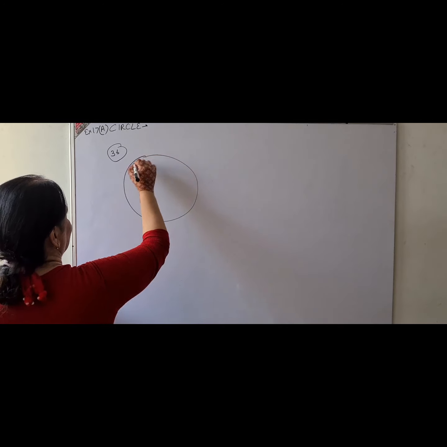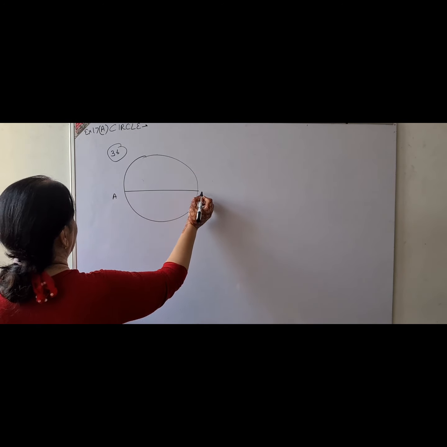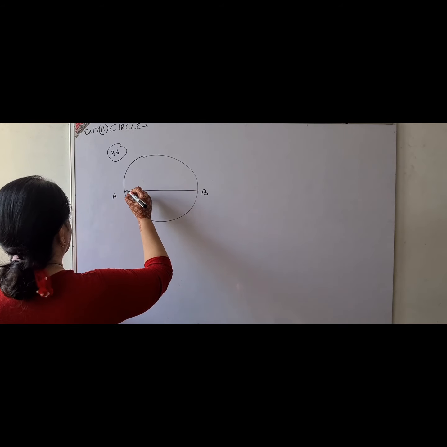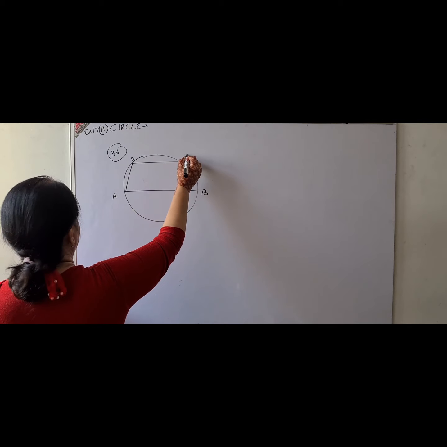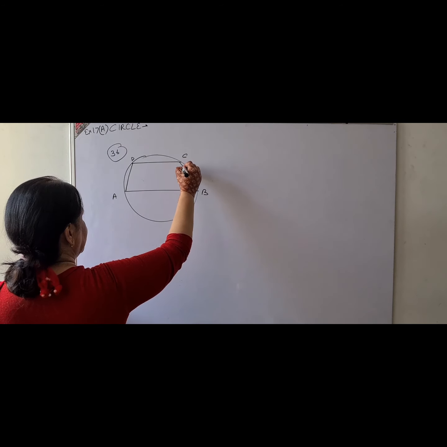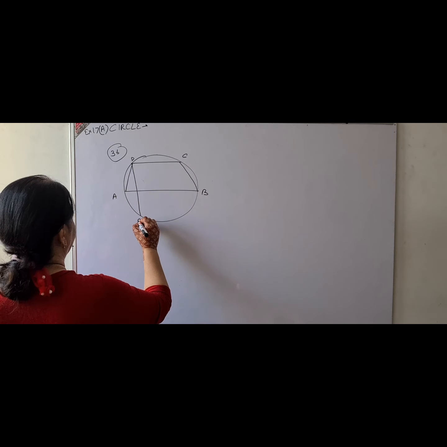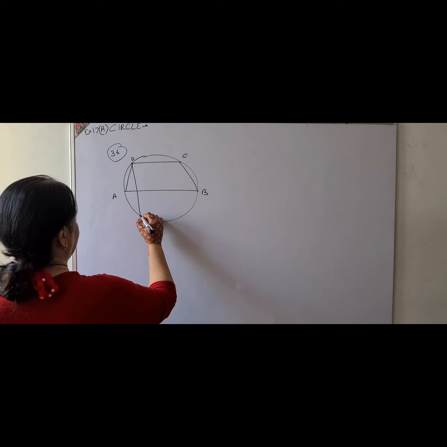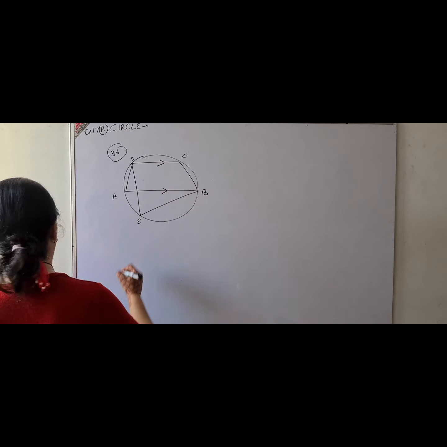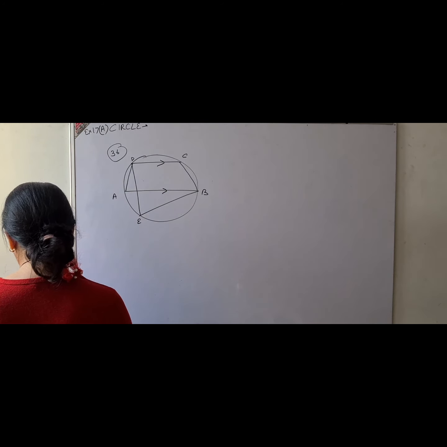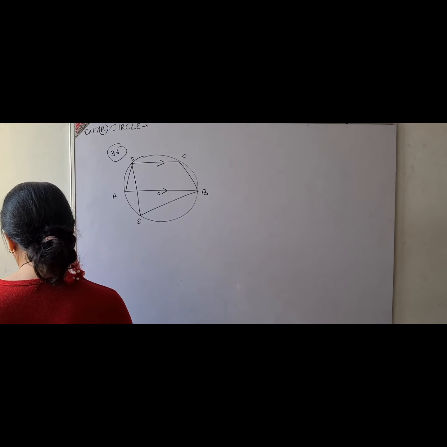Again, same sum, only the application. That's just a little different way. AB, and of course AD, then DC, then CB is joined, and again DE is joined, EB is joined. See how the figure is, and they have also said that DC is parallel to AB, where AB is, I hope, a diameter. Yes, AB is diameter. You can put O here, this will identify it.